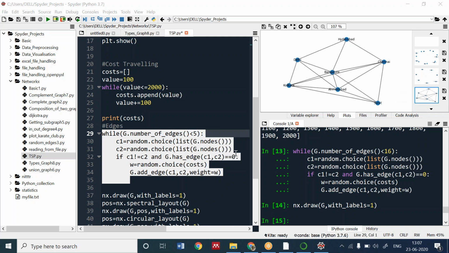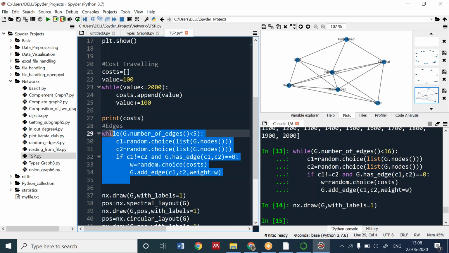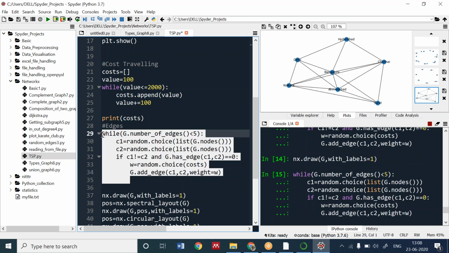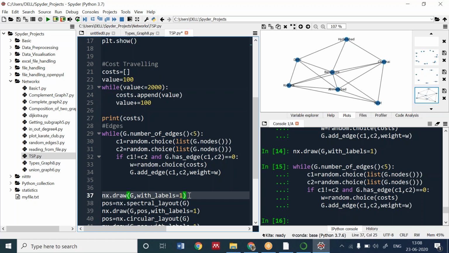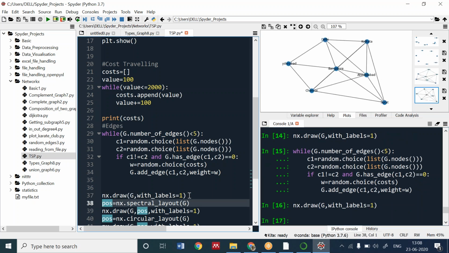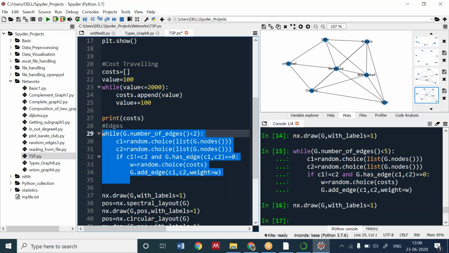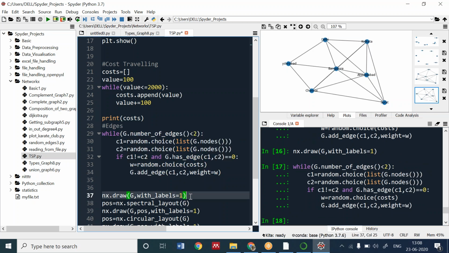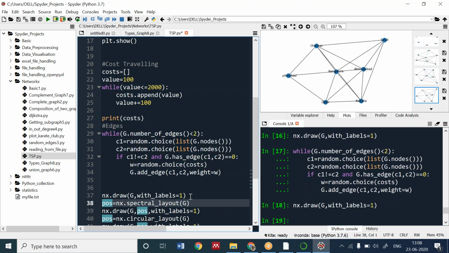Okay, let me run this and you can check your answer. I'm running this while loop. What is that? It is connected. If I reduce this more, then let's see. It should be disconnected. Let me check the console.